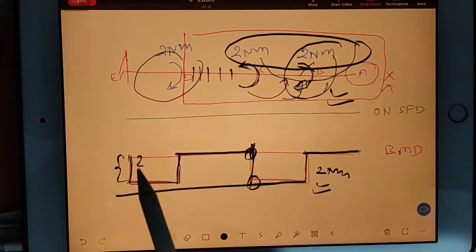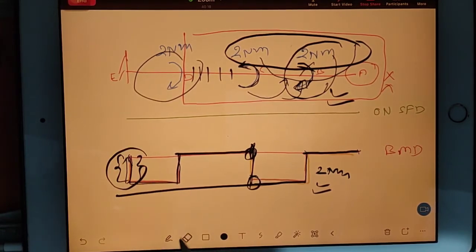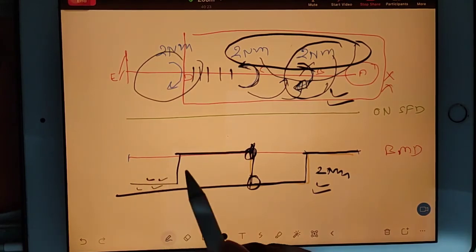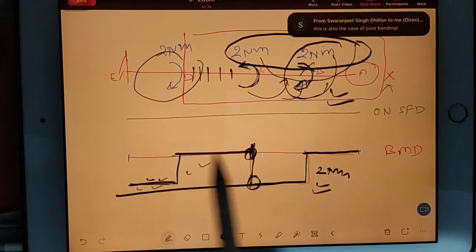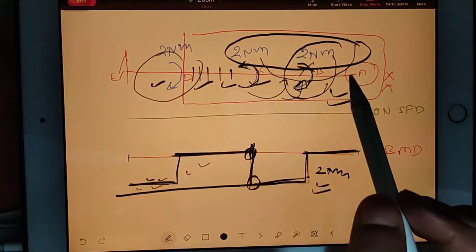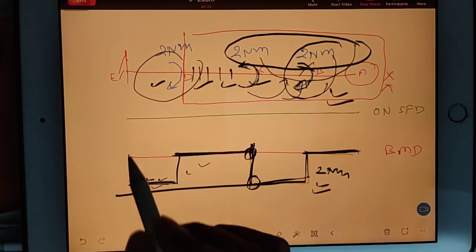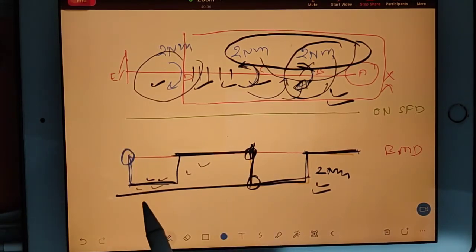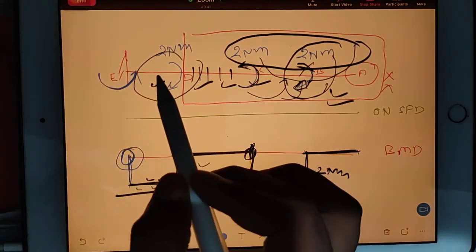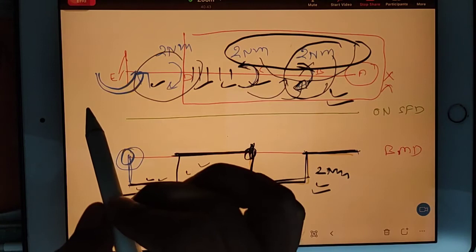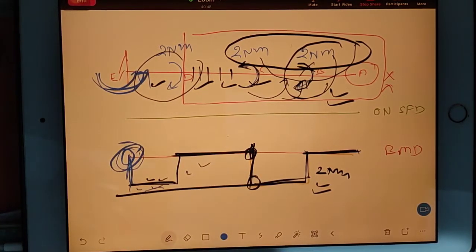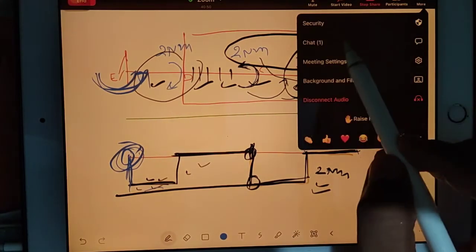Now again, here is the explanation why we have to connect this part. When you reach here, this much is the effect experienced by the beam. But when you connect this part and reach 0 Newton meter again, that is the bending moment offered by the wall. This is negative and this will be positive, so you have to connect here and make it 0.